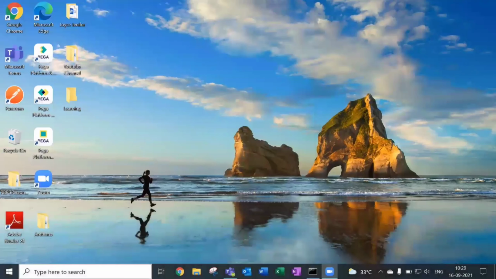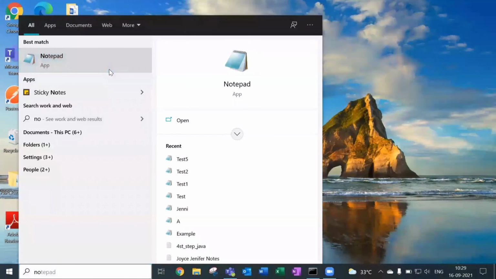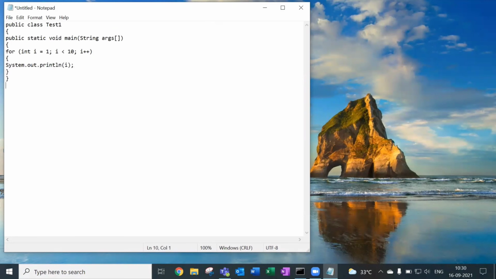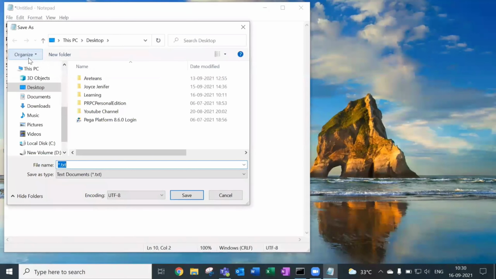Let's see one example. First, I'm going to write a simple Java program using a for loop. Then we can include the break statement to see what happens. This is the program to print integers from 1 to 10. Public class test1, public static void main, String arguments, for int i equal to 1; int i less than or equal to 10; i plus plus, System.out.println(i).